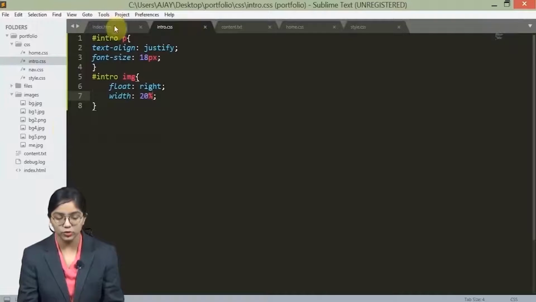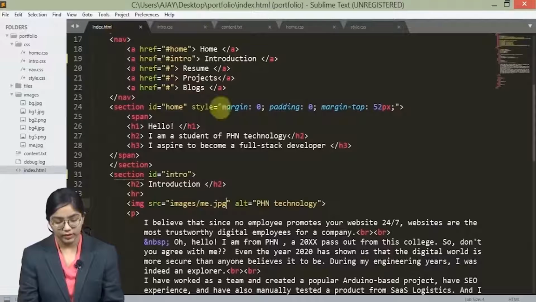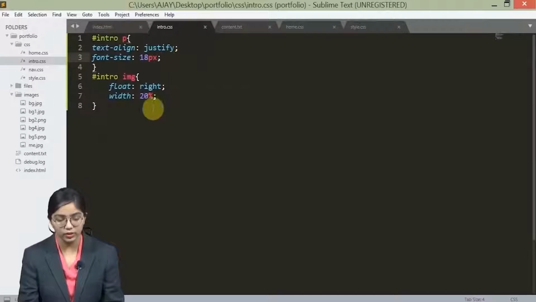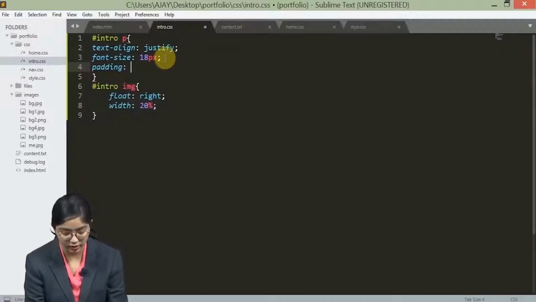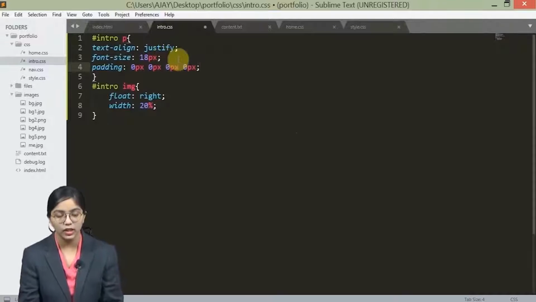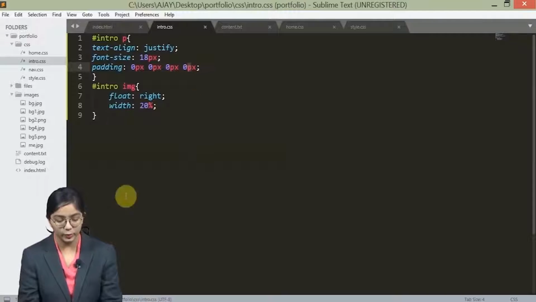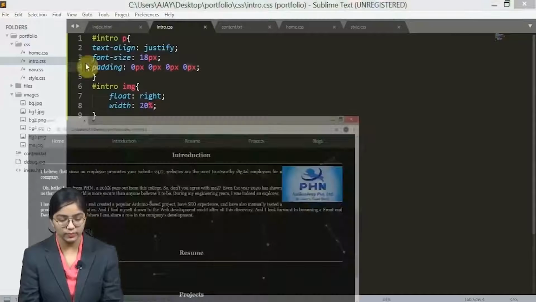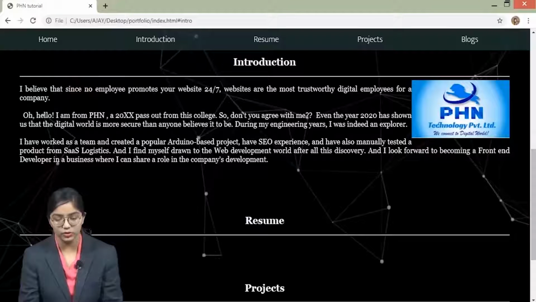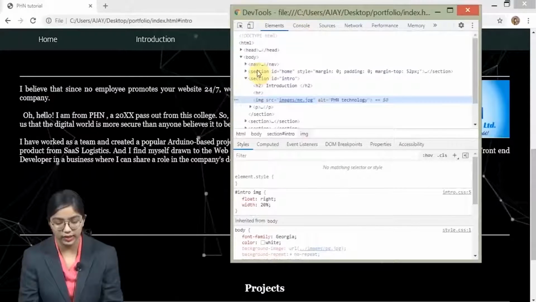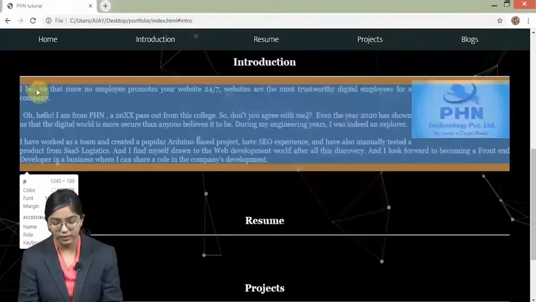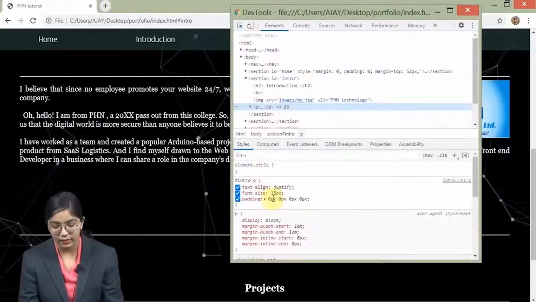So for that, we will go in the intro image. Okay, we'll first give padding to this particular thing. Now we need all the 4 parameters, so that's why I'm using this for top, right, bottom and left, 4 values. So we will use the inspect option to see them, right? We'll select this particular thing, the P tag, and here's the padding.